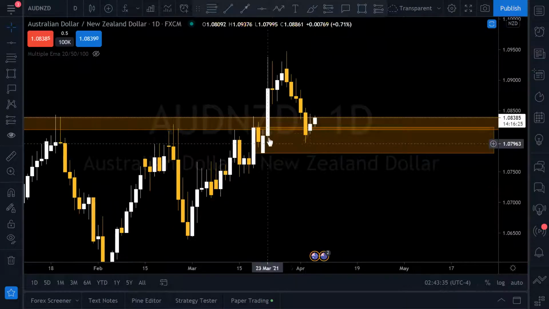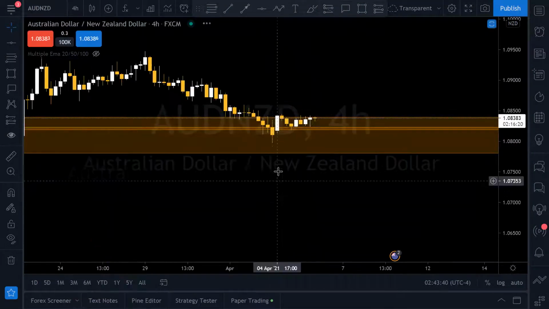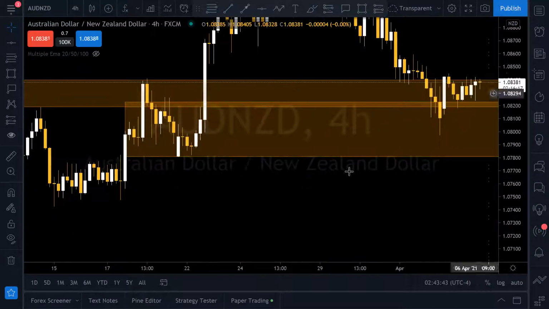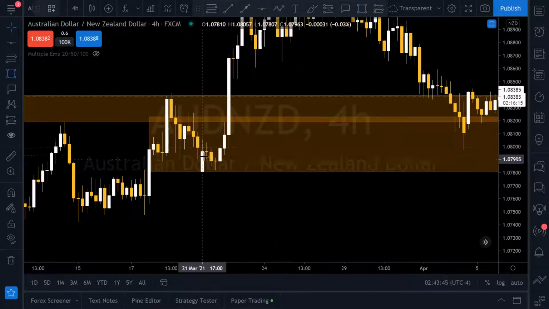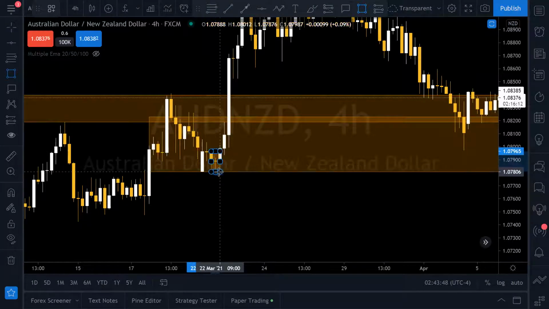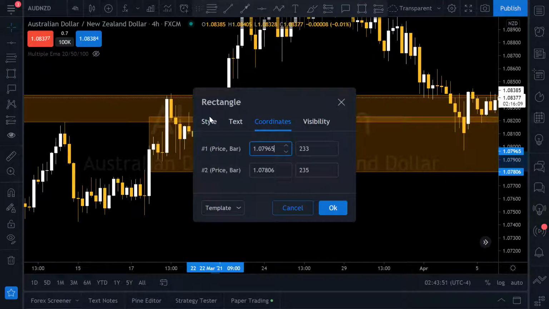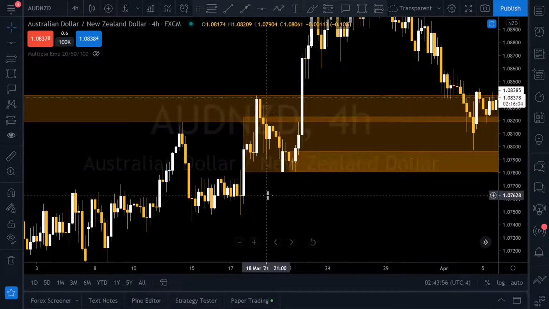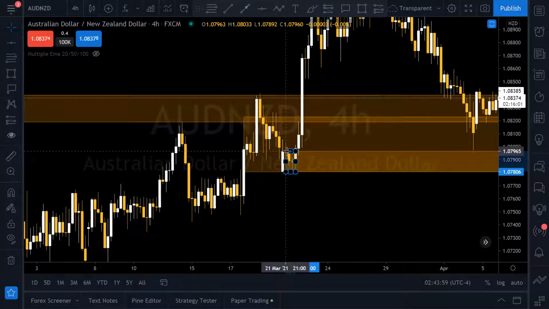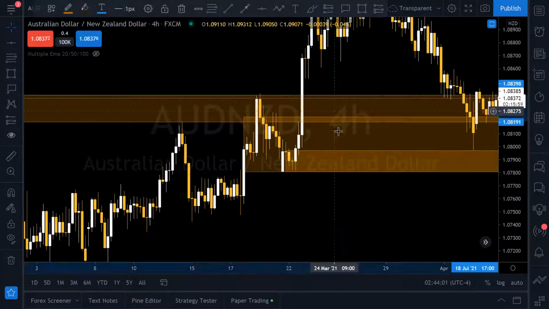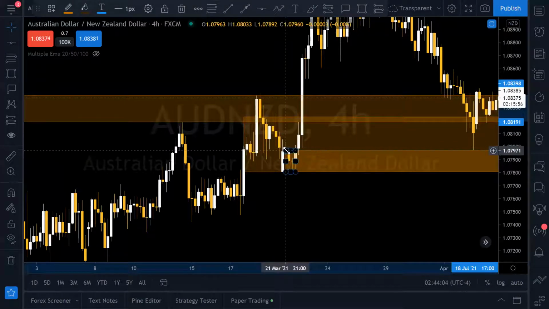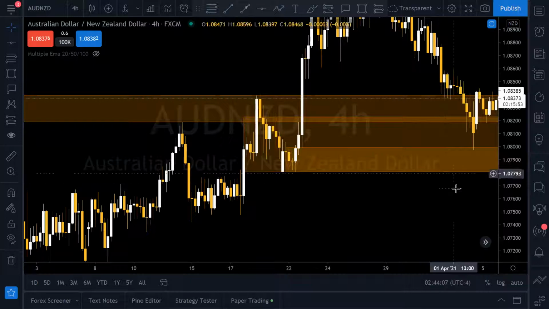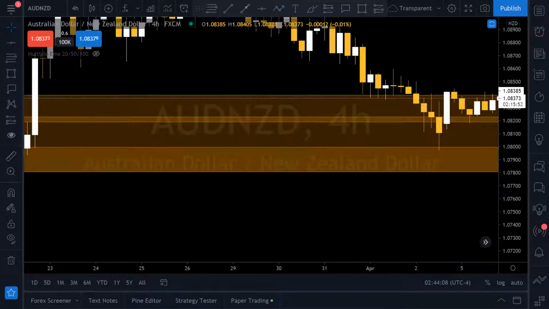No, it's not. Let's refine this demand zone by going down to the lower time frame, the 4-hour, and get a 4-hour perspective. You can see the demand zone's right here, down to here. If we project that forward, you will see where it was violated, yes, we can put it here. You will see that price